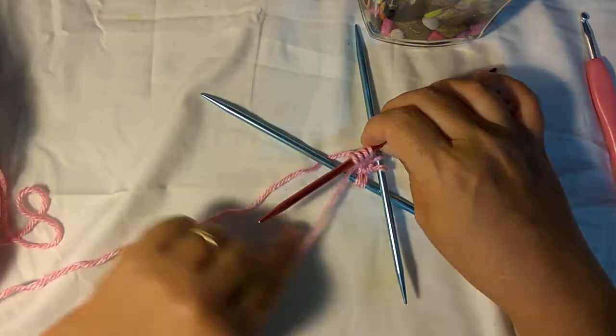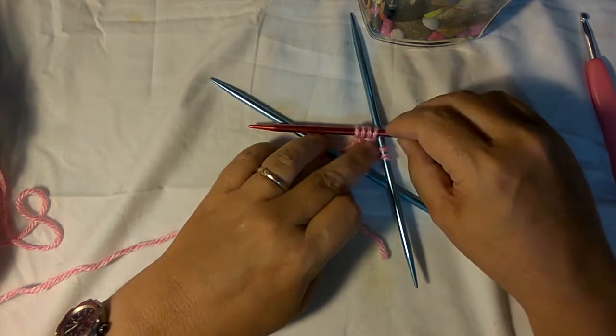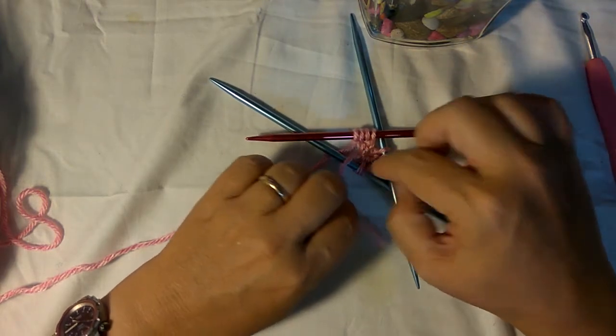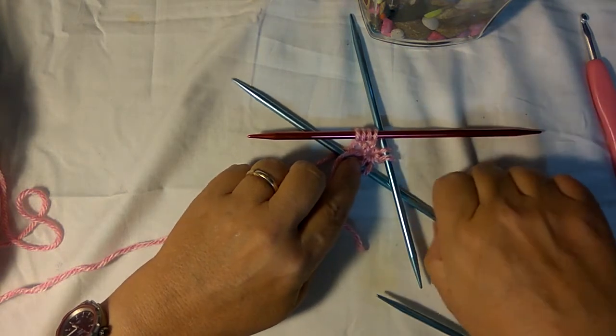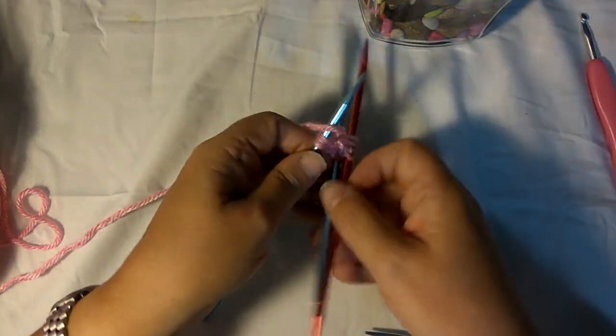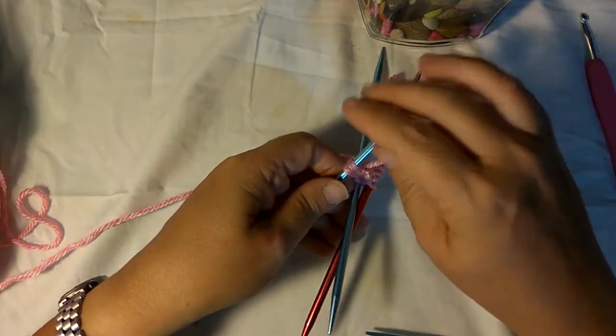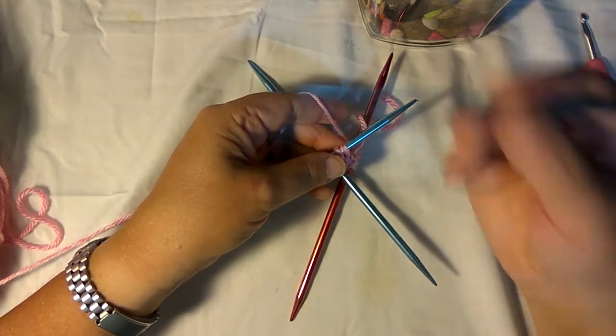Okay, and these are the stitches I just did. These 2, you can see the whole thing's laying flat. So the next stitch I'm going to do is this one. So slide the needles down, move these 2 out of my way, move the tail out of the way, and again, with the empty needle that we just emptied,